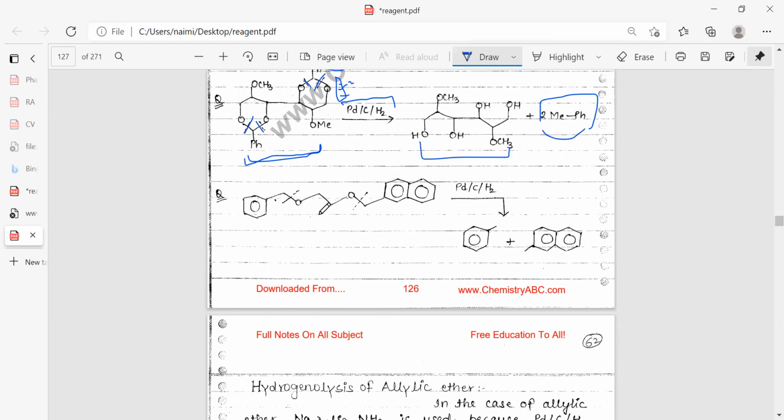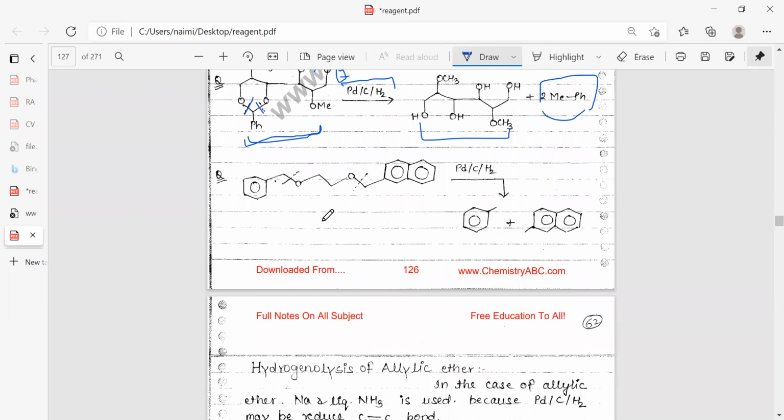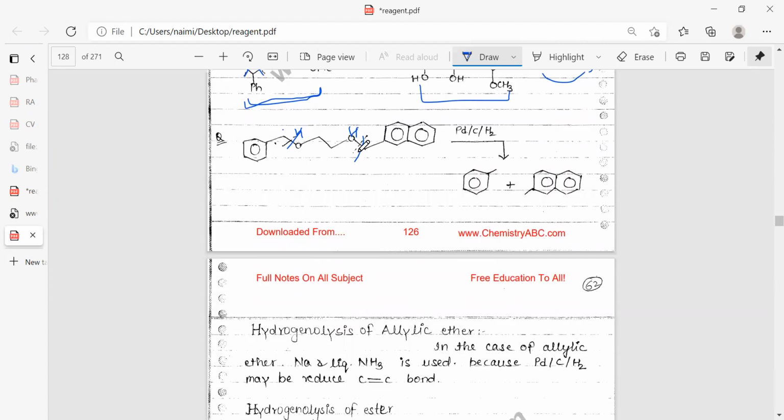Similarly, you can see here this is another substrate containing CO. This is the benzoyl. So toluene will form from this moiety and from this moiety, and this will form the glycol, diol type. So you can see here it forms this one and this one, and your product will be the OH, meaning this will be your product. I did not mention it here, but you can see this one.